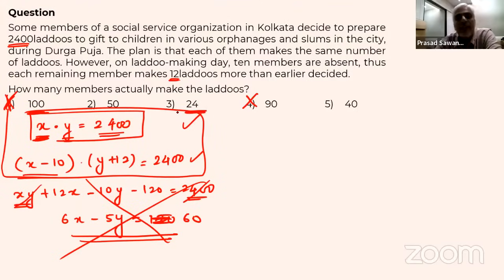24 is not my answer. 24 minus 10 is 14. 14 is not a factor. So that is also not my answer. Remaining both the options as of now are possible. So let's check option 2. If X is 50, Y will be 48, because 50 multiplied by what number is 2,400? So that will be 48. If this becomes 40, this will become